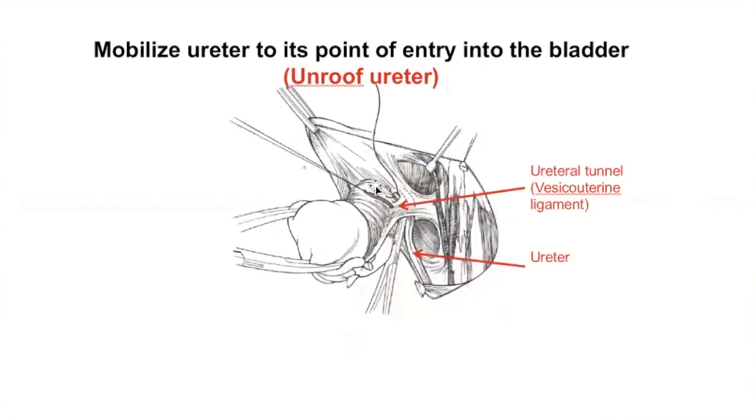Then the bladder is mobilized or pushed down off of the anterior surface of the uterus. The ureter is then separated from its attachments to the broad ligament, here's the broad ligament, and cardinal ligament. So the ureter is separated from